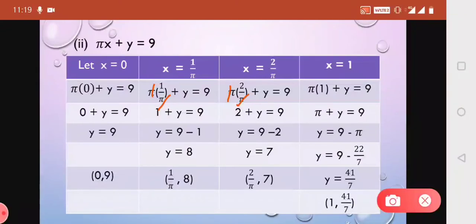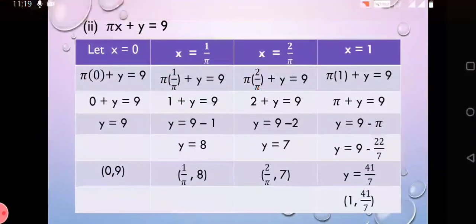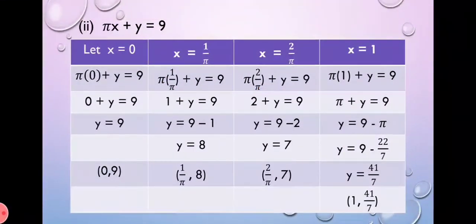Better first we select x as 0, that is the very easiest way to find out the value of y. So x is equal to 0, you should first take every time, that is better. If you are not taking also, it is not a problem, but taking is easy, so we can select x equal to 0 as first.